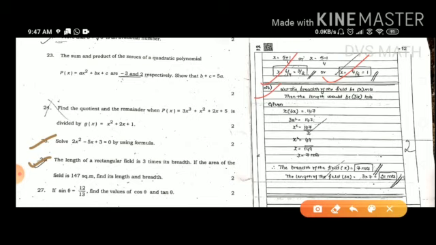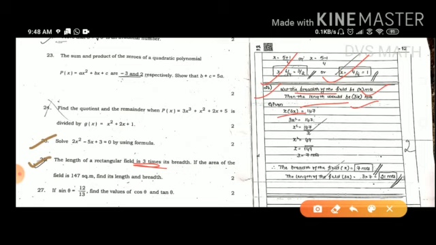So here the length, so let us write the length of the field be x, the breadth is 3x. As I told, the breadth is 3 times of its breadth. So what is, if the breadth is x, the length will be 3 times of breadth, so 3x. So let me substitute the area. As you all know, what is the area of rectangle? L into b. So length into breadth. So length is 3x, breadth is x, so 147.